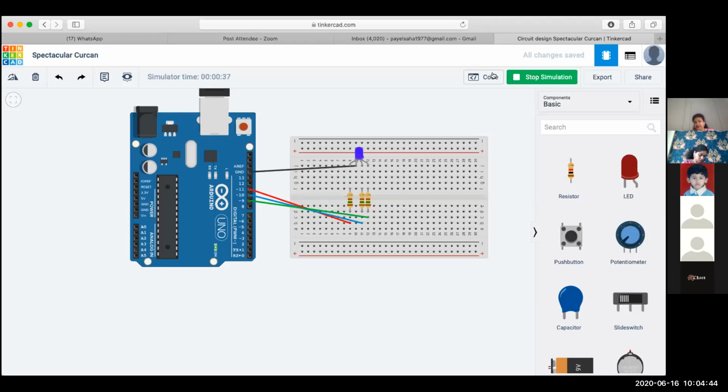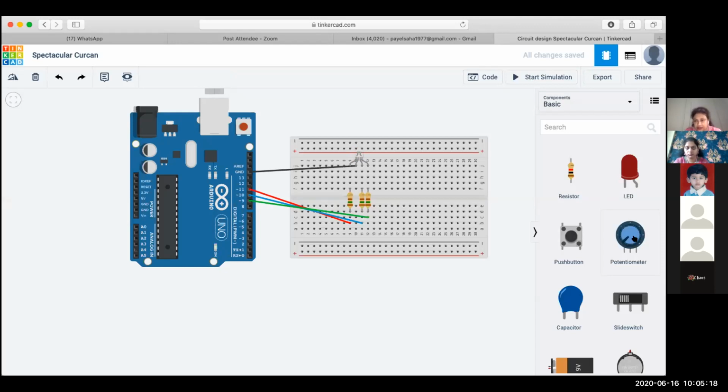So till now, we do not have any control over the brightness of the LED. We have seen how to make the RGB LED blink with different colors. But to bring in control over the brightness, which we call a dimmer, we have to make a dimmer circuit. Dimmer means we can control the brightness of these colors. So if I want to bring a dimmer circuit, then I require the potentiometer.